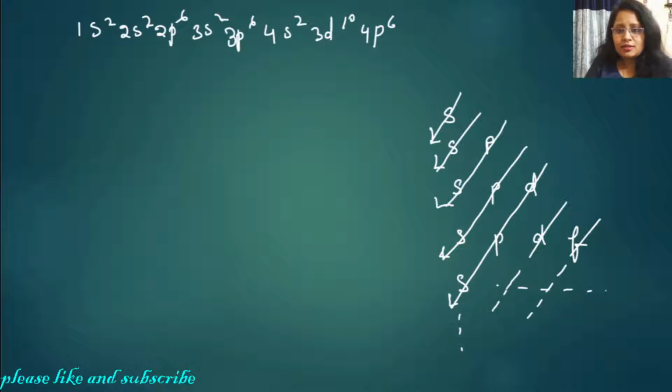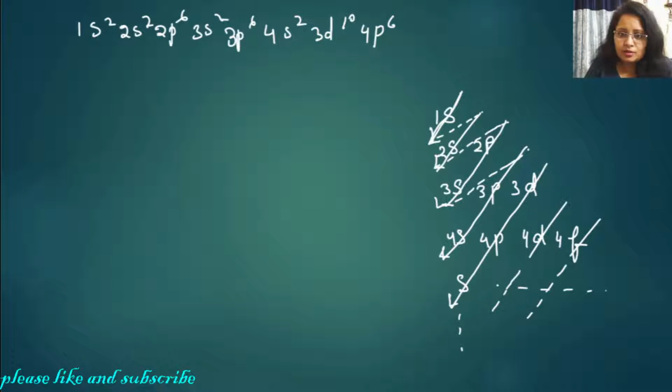So we know S, we can write here 1, here 2, second line is 2, third line is 3, fourth line is 4. Like that. So first the electron will come according to this arrow, and then we will go to the next arrow. This arrow will go to this arrow, and this arrow will go to this arrow.